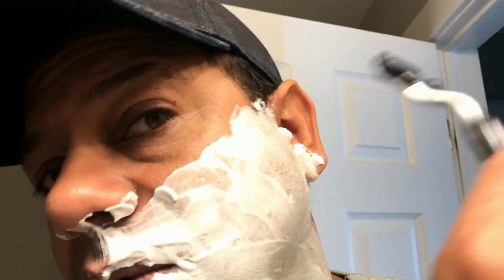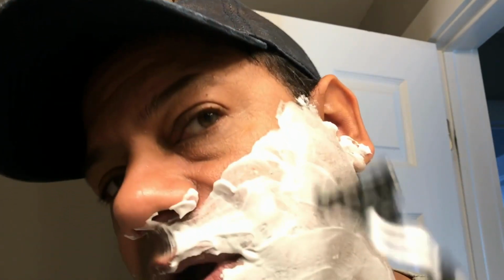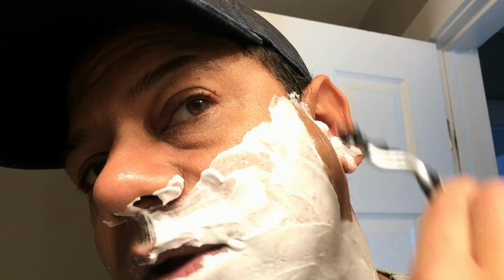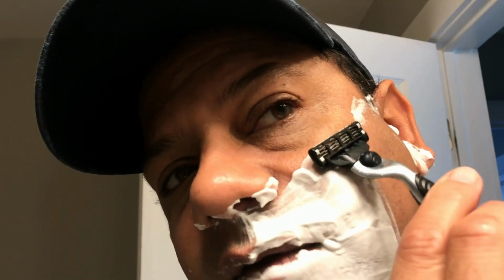Regular Mach 3, weak side. I'll make sure I wet that up. Much better than yesterday. So a little skin prep goes a long way. Make sure the face is steamed up nice and ready to receive the blade. And take your time. Now what I love about the Mach 3